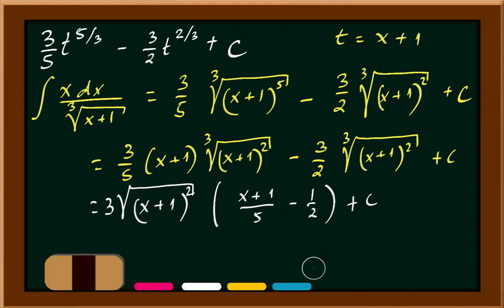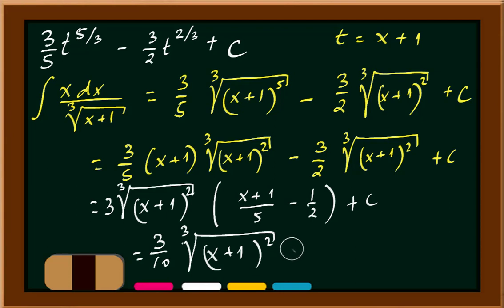Now we have to put this in the same denominator, and finally we get 3/10, as the common denominator will be 10, of the cubic root of x plus 1 squared, and we put the factor in with denominator 2x plus 2 minus 5, so that means 2x minus 3